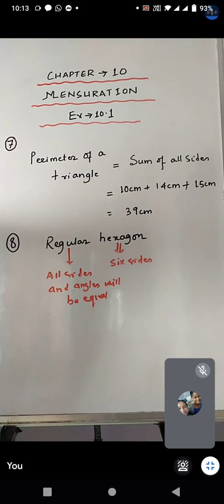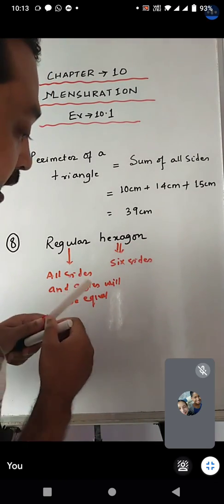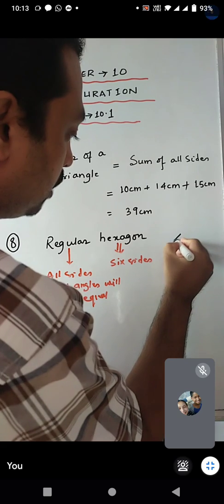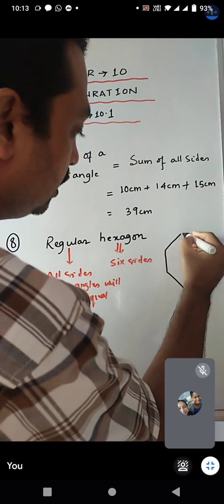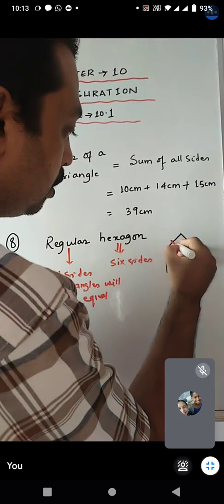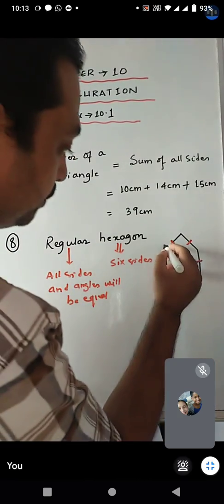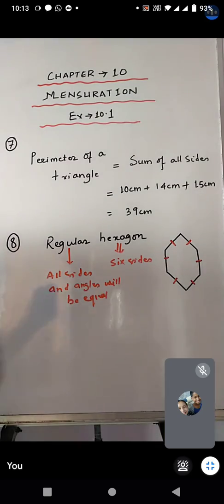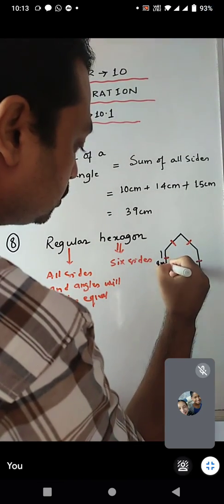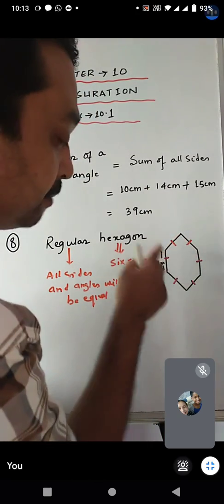Now let's proceed with the rest of the question. Find the perimeter of a regular hexagon with each side measuring 8 meter. So this is a hexagon, student, a regular hexagon in which all the sides are equal. The measure of each side is given as 8 meter, so all the sides will measure 8, since all the sides are of the same measurement.